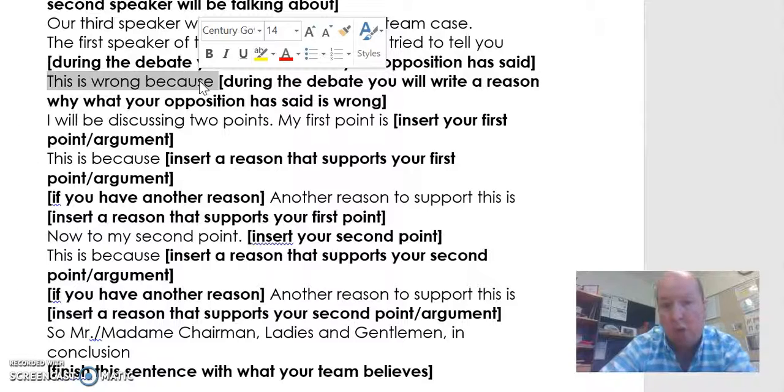You could say, we disagree, or we don't agree with that statement. There are lots of different ways to introduce it, but whenever you're doing your rebuttal, it's respectful. You're allowed to, in fact you should, directly critique what they're saying or give an alternative position, but it's not a disrespectful attack. It's a respectful way of working, as part of the rules of debating.